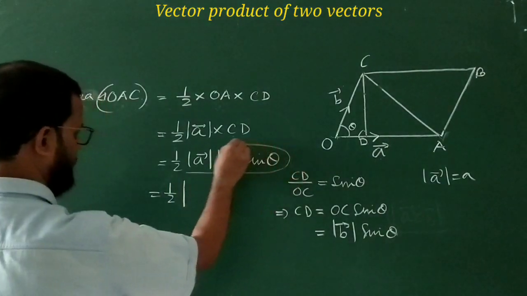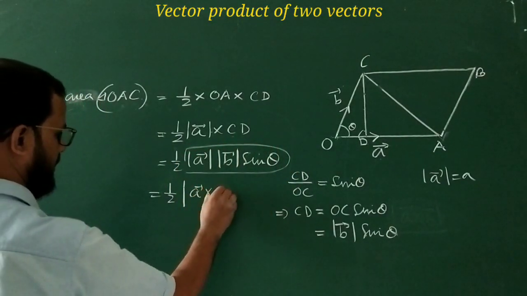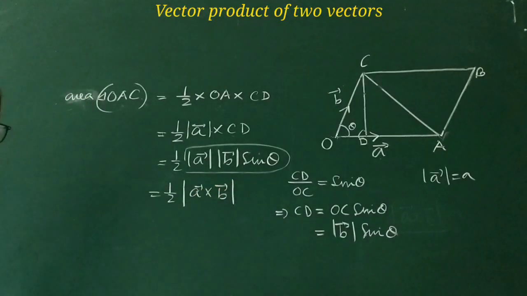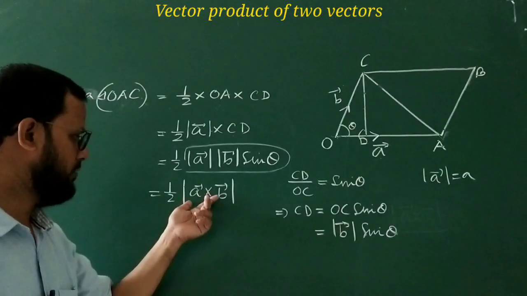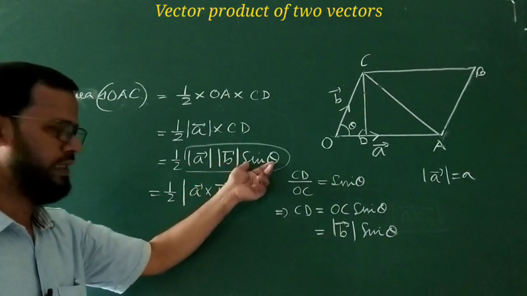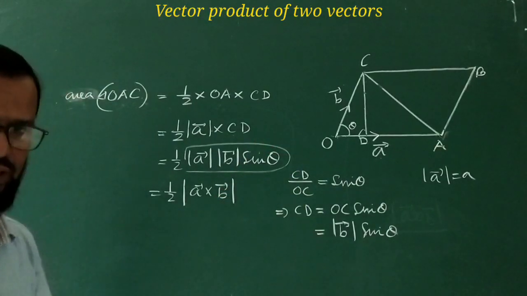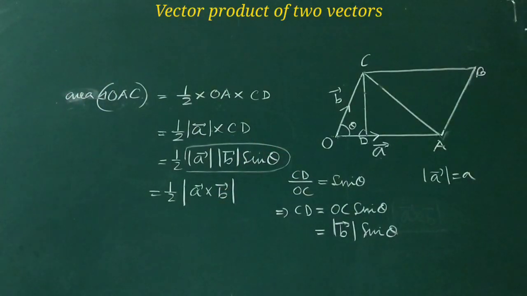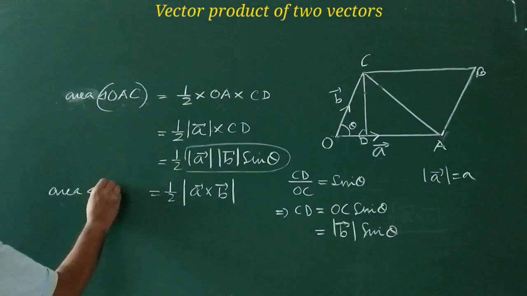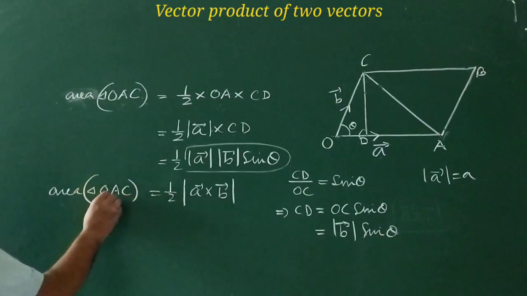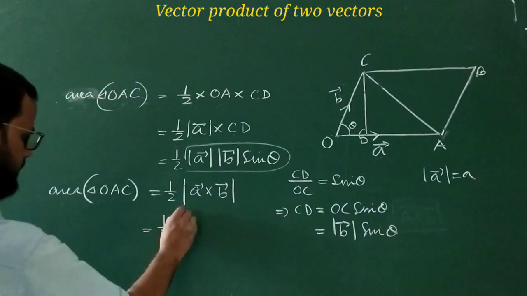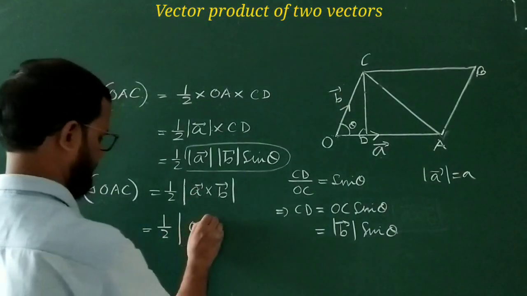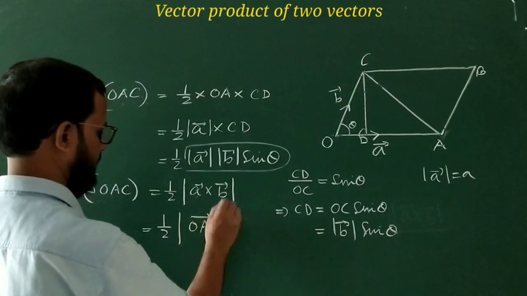Actually, this result is the magnitude of A cross B, as per our definition of the vector product of two vectors: magnitude of A cross B equals magnitude of A into magnitude of B into sin theta. The magnitude of n cap will be 1. So ultimately what we get from this is the area of triangle OAC. From here we can develop one thing: half into A vector, that is OA vector, and B vector,